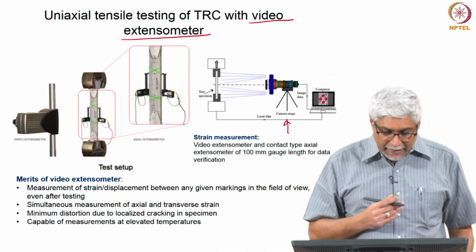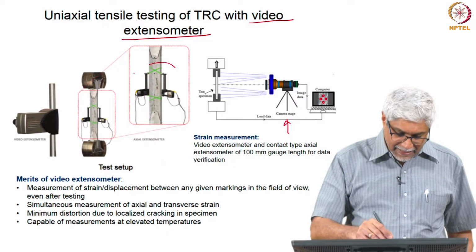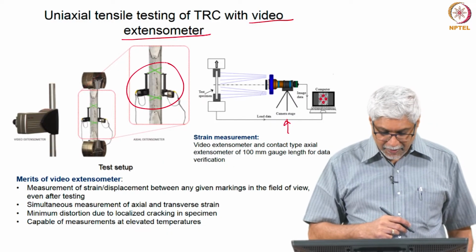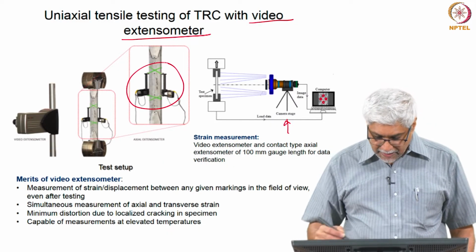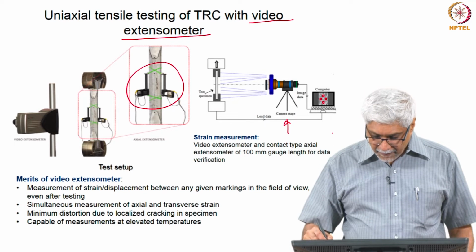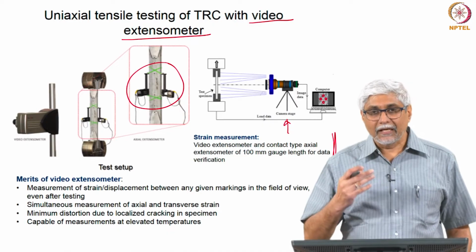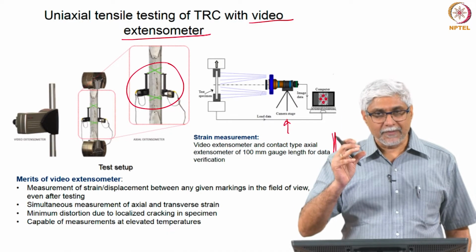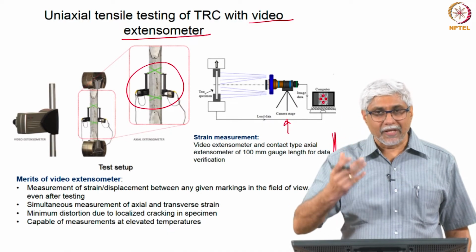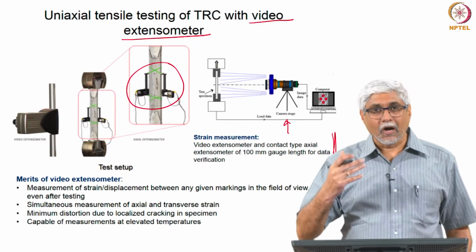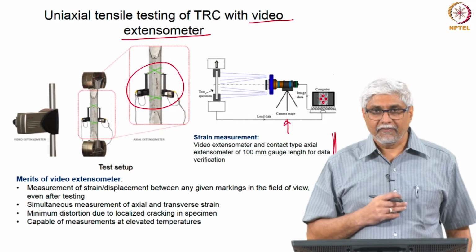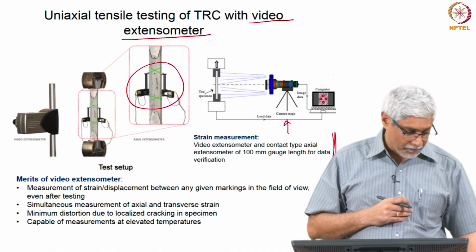Okay. And in addition you could also have these axial extensometers which are looking at how the cracks are. So, these are some of the merits or more details of these video extensometers which are now available, so that without putting something on the specimen, but by looking at the image or a series of images or how the image is changing, you can figure out what the strains are and use it for control.